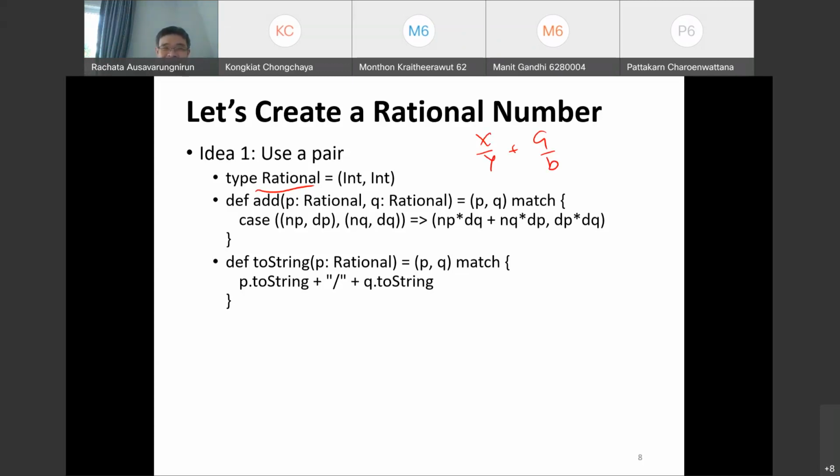But what's the solution to this? All right, so that's the solution. So I can define an add function for my rational number. If I have two inputs, both of them are rational, right? I can do pattern matching, P, Q, right? That would match to